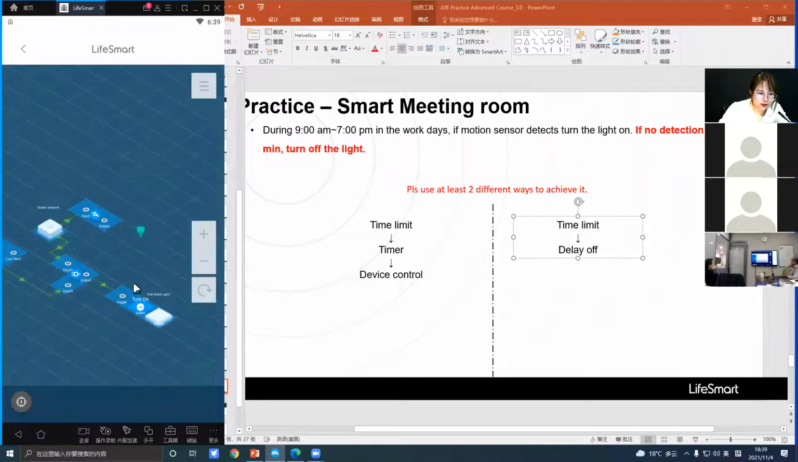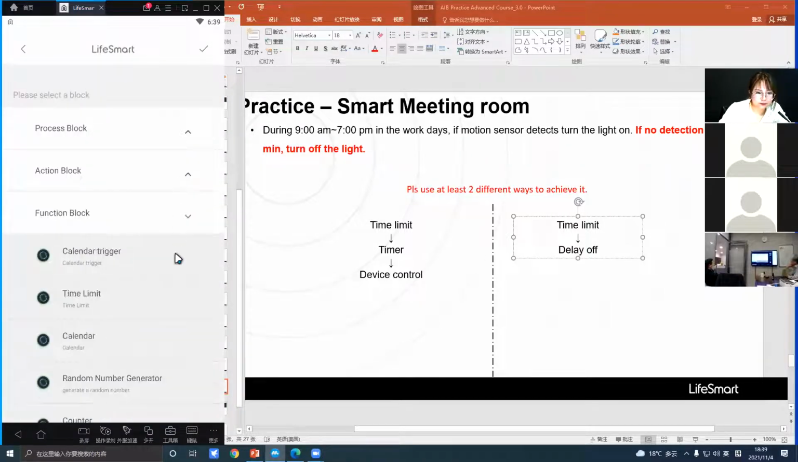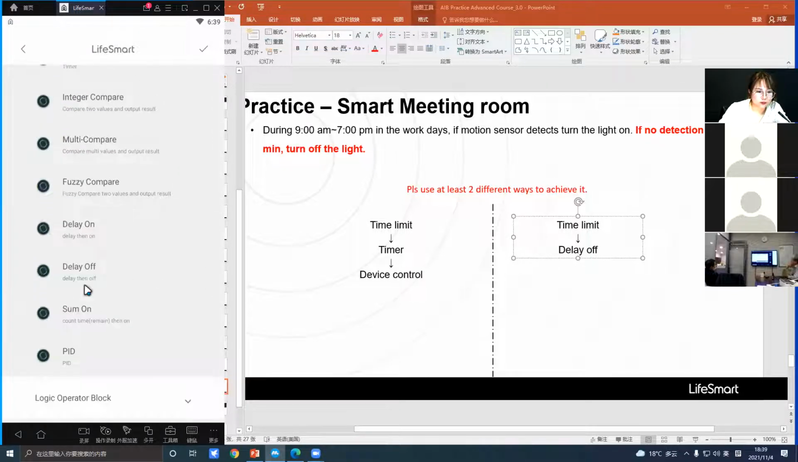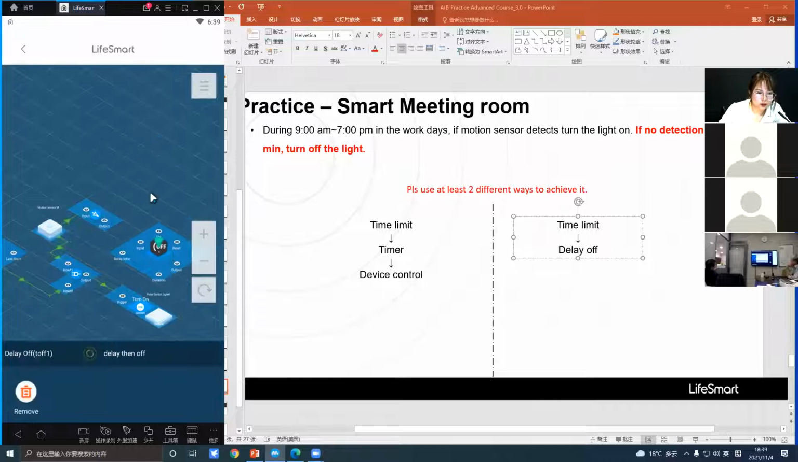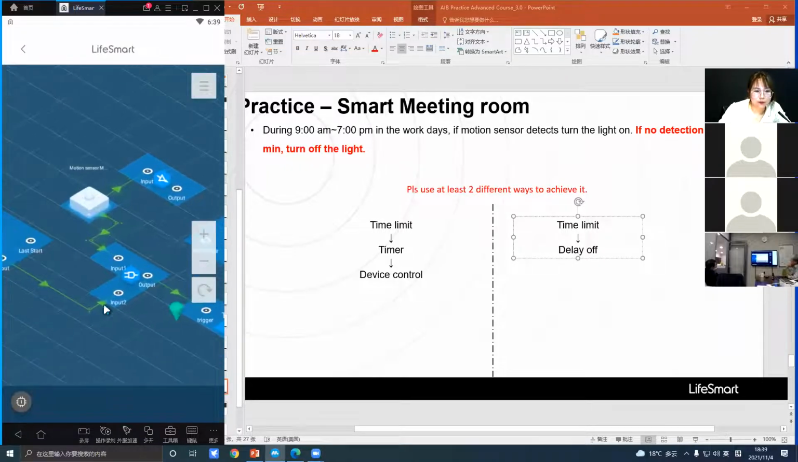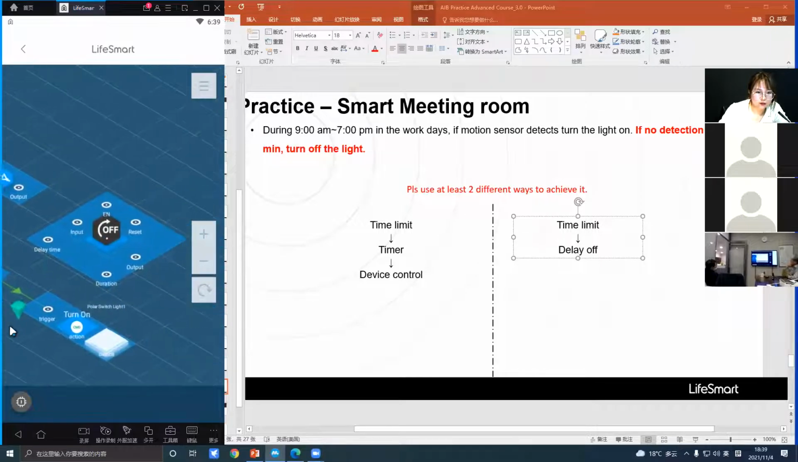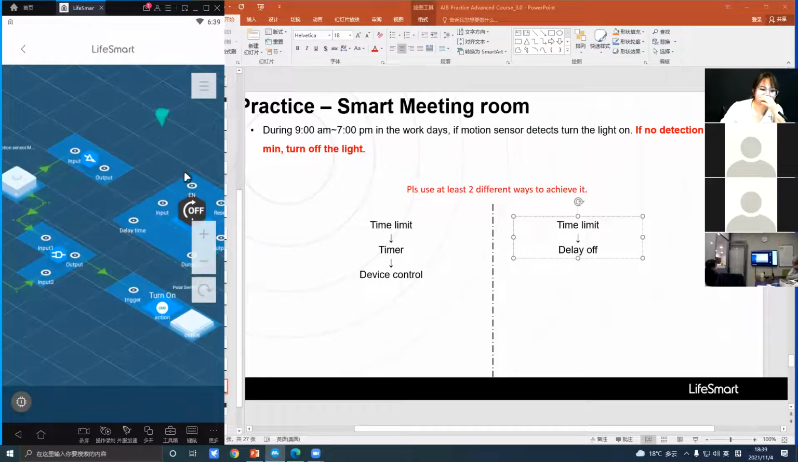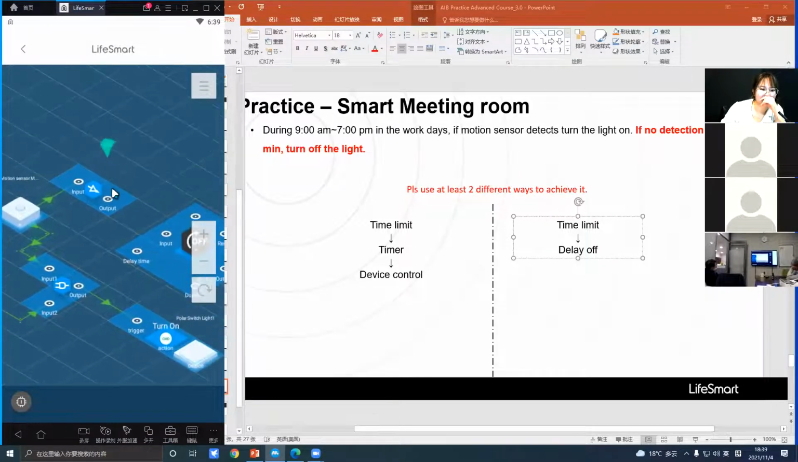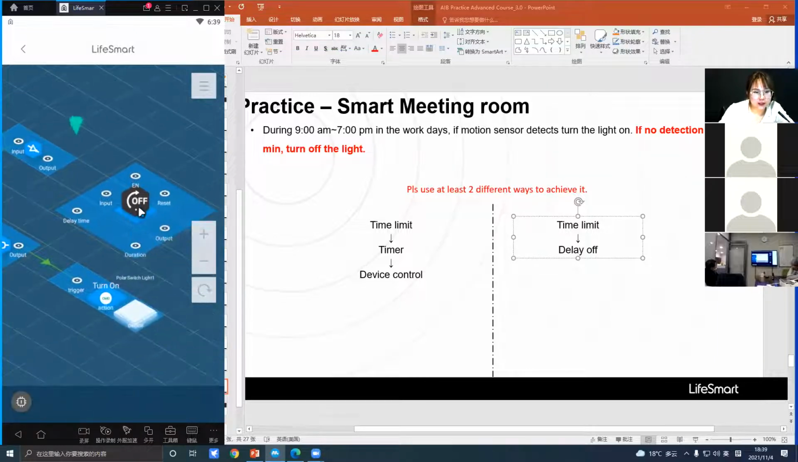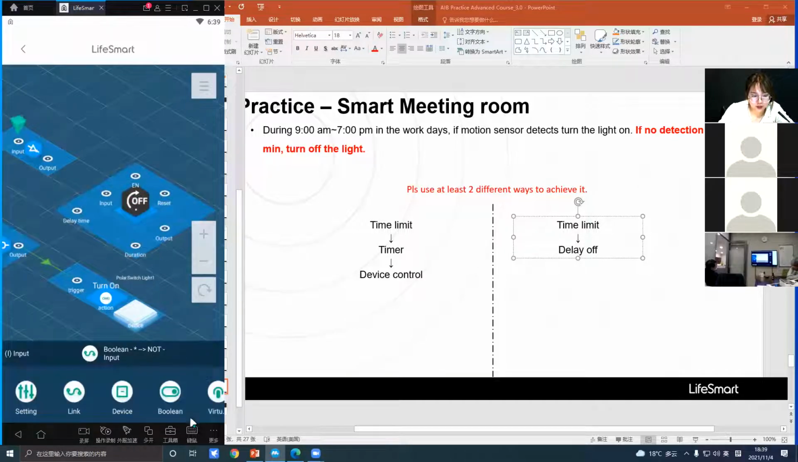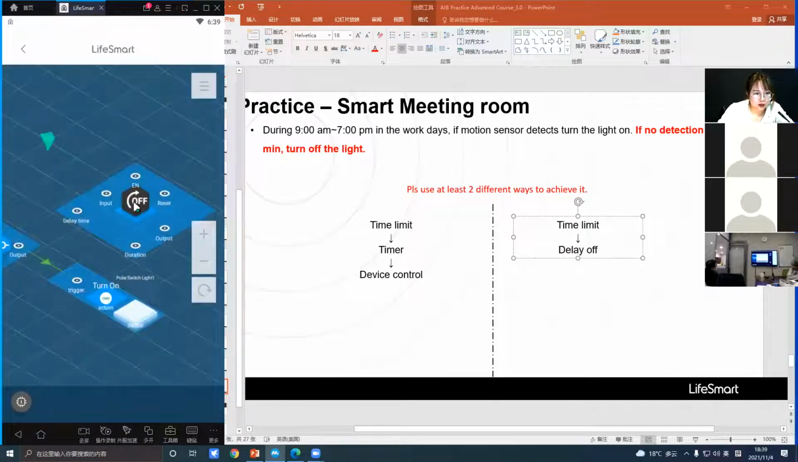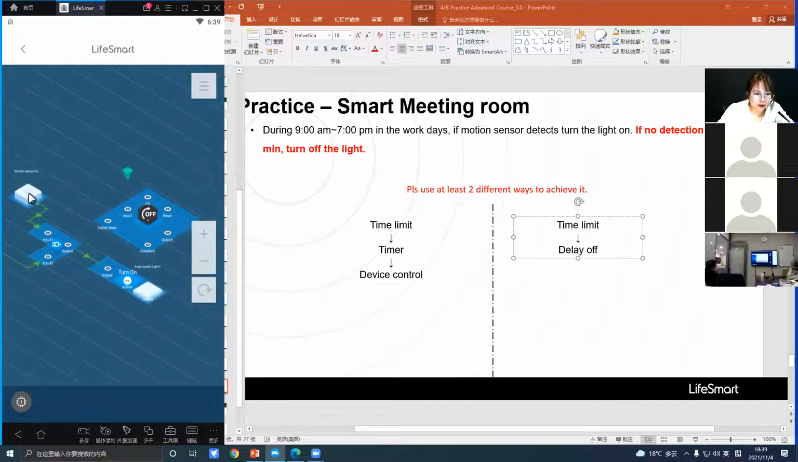And here, if I use a delay off, here, okay. So if motion sensor, wait. Oh, here comes a problem. Of course, we know that I just explained that delay off will only be triggered by 0, right? So here, do not need a not block. Do not need a not block. Delete it. Okay, so if I link it like this,